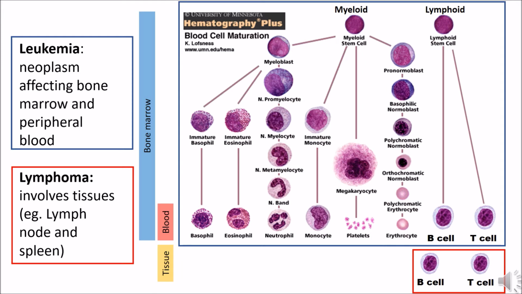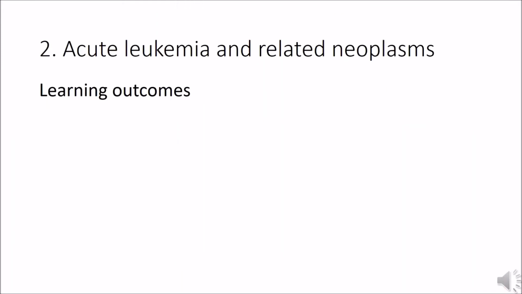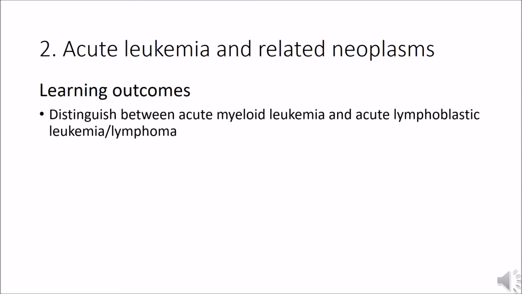Lymphoid neoplasms can arise early in maturation as bone marrow disorders, leukemias, or once B cells and T cells mature and leave the marrow for secondary lymphoid organs, as solid tumors, lymphomas. In other words, leukemia can be either myeloid or lymphoid. Lymphomas are generally lymphoid. By the end of this section, you will be able to distinguish between acute myeloid leukemia